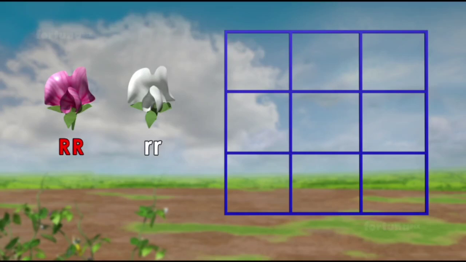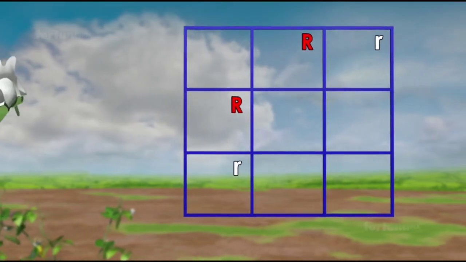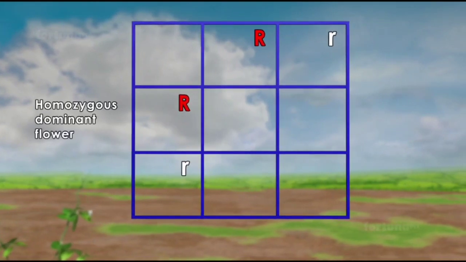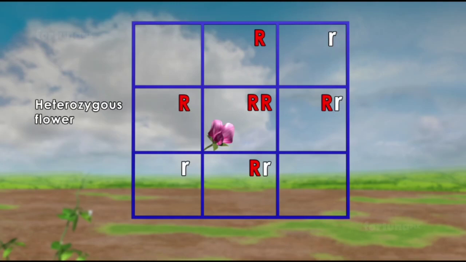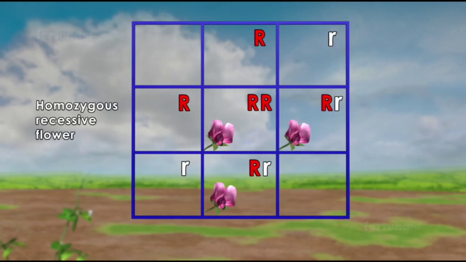Now we'll write the gametes both horizontally and vertically so that we can determine the possible phenotype or external characteristics. For a homozygous dominant flower, the genotype would be capital R, capital R, a combination that will produce a red flower. If it is a heterozygous flower, the genotype would be capital R, lowercase r, and the flower it produces would also be red. However, if it is a homozygous recessive flower, the genotype would be lowercase r, lowercase r, and the resulting